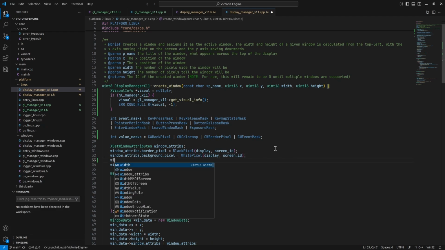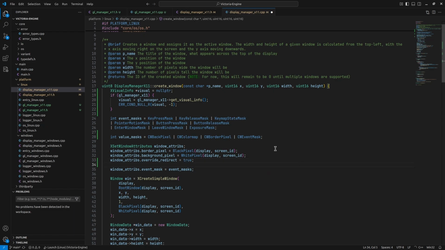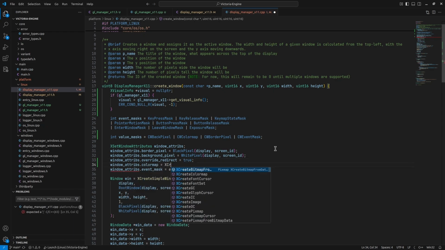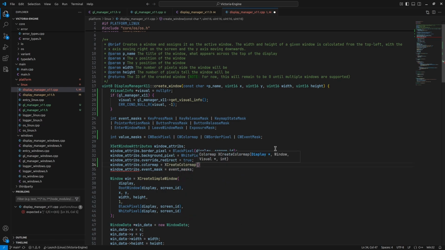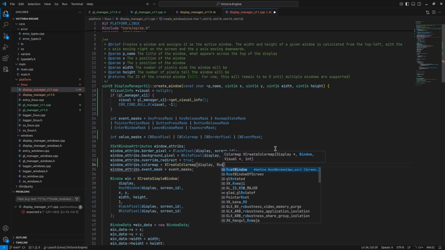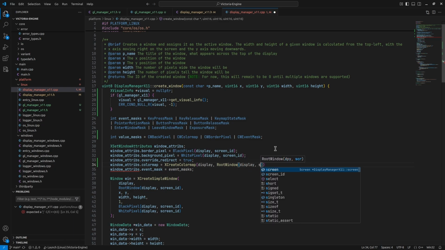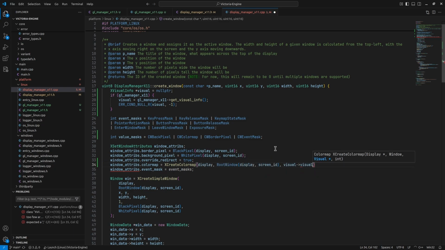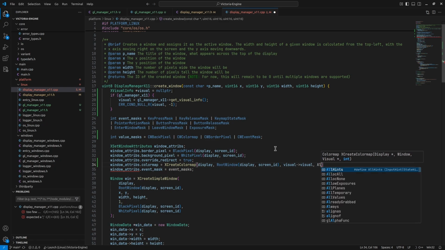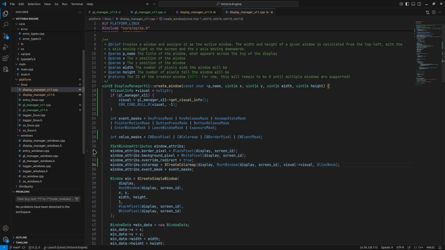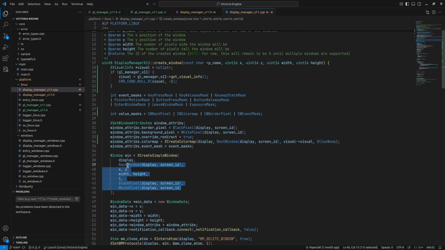We also need to set the window attributes.override redirect to true. We also want to set the window attributes.colormap to equal an X create color map of display, root window from the display and screen ID, the visual part of the X visual info, and you want to pass alloc none here. And once that's done, we can actually tear out a lot of this X create simple window, or at least we don't tear out. You can leave the first part, but the bits that we will need to add are